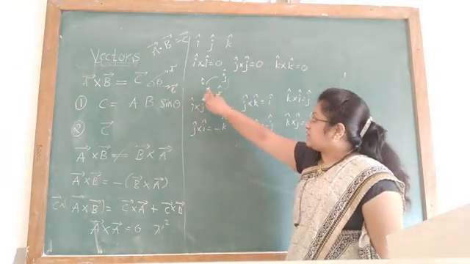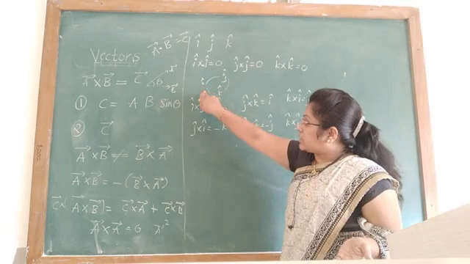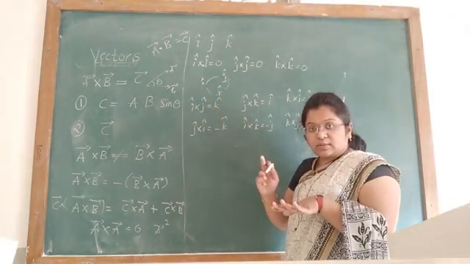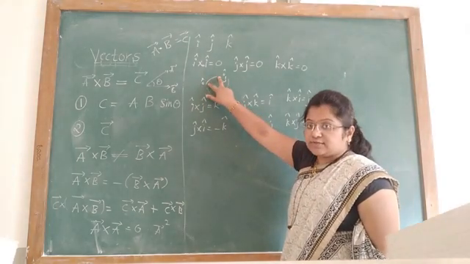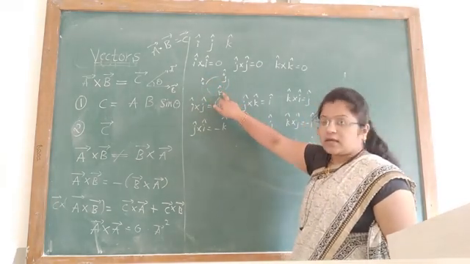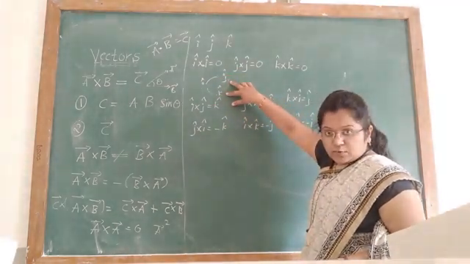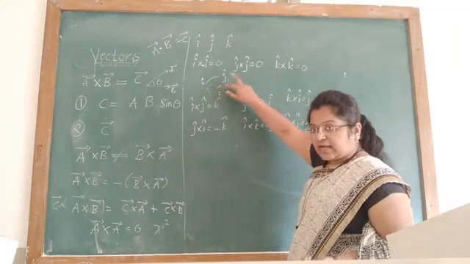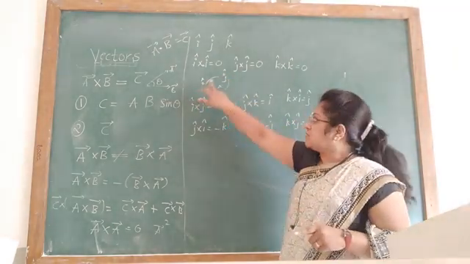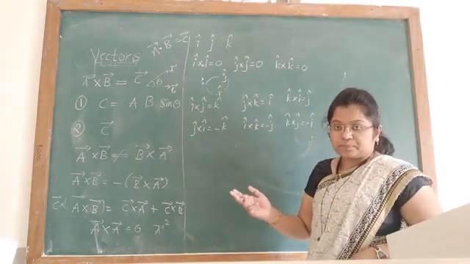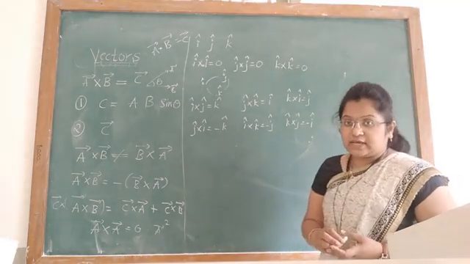That means whichever vectors you are taking, the remaining one will be the answer. If you are taking I and J, their product, one more is remaining, K, that is the answer. If you are taking J and K, their product, then I is remaining, that will be the answer. If you are taking I and K as the two vectors and their product, J is remaining, that will be the answer. Okay, so this is when the vectors are rotating in a clockwise direction.